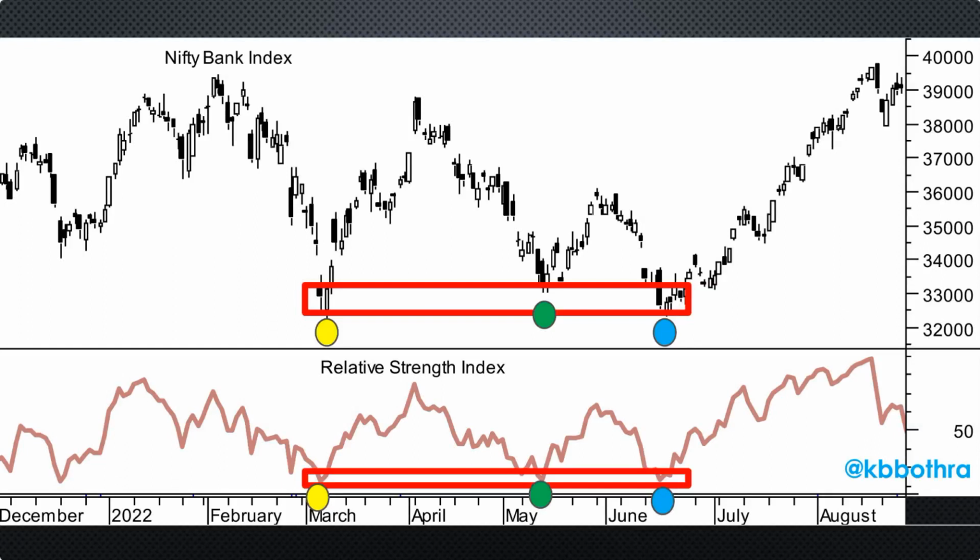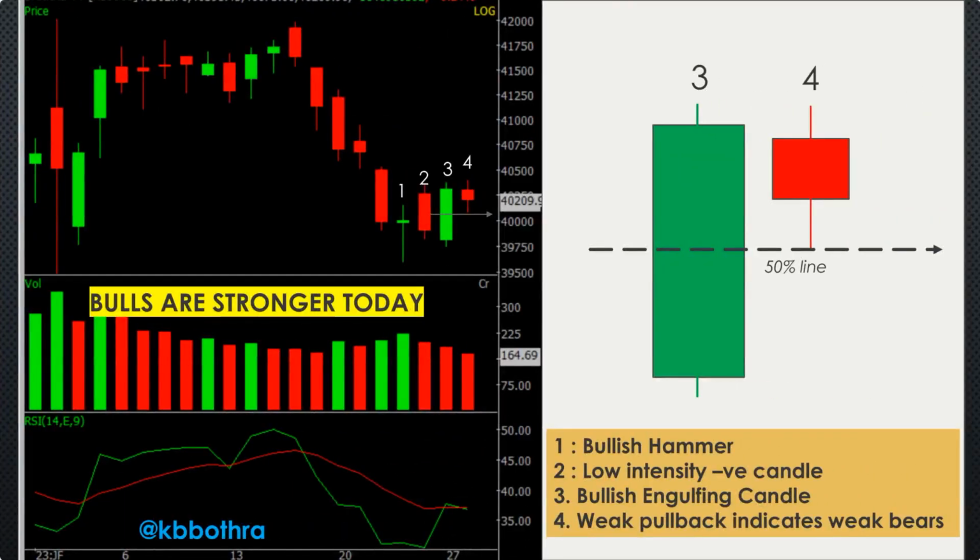Now, can triple divergence alone be good enough evidence to justify that the markets have bottomed out? We've looked at the other aspect, the very short term charts, the last 4 days of candle charts. After 5 days of consecutive selling, the Bank Nifty is forming a 4 structure pattern. I've marked it with candles number 1, 2, 3, and 4. We'll start off with candle number 1, which is indicative of a bullish hammer or a bullish doji kind of pattern.